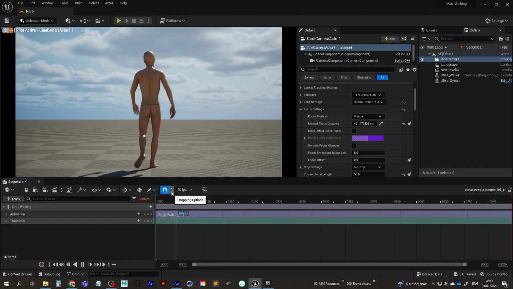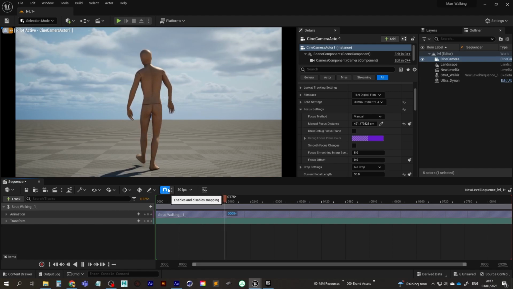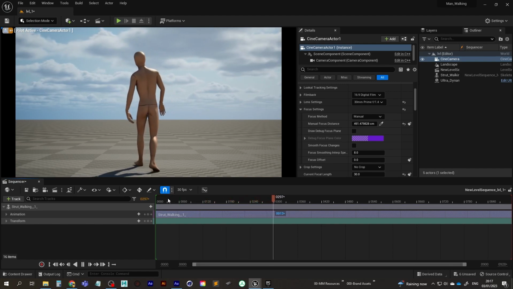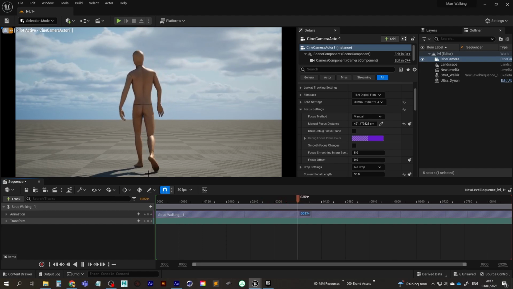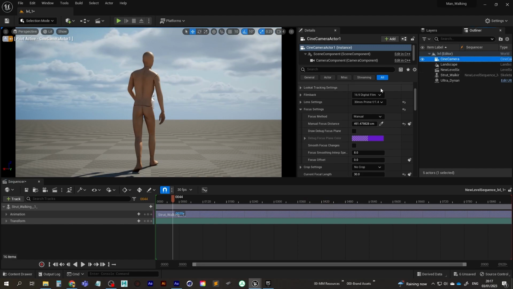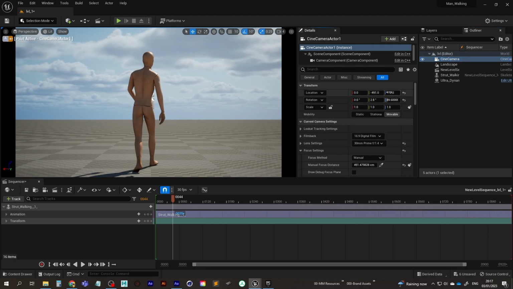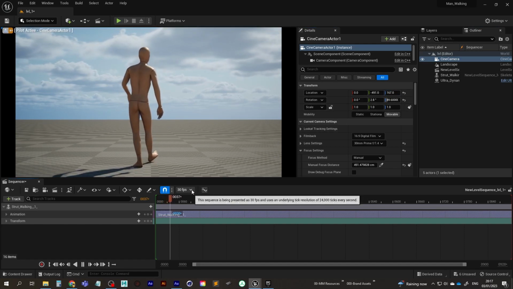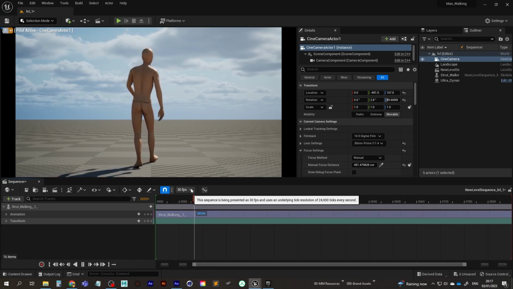So now you can see that he's in focus and he's walking. We might want to have a bit more space beneath his feet, or maybe not. I mean camera space, that is. But I think that's okay. We could just move the camera up just a little bit, up along the Z, or move it down along the Z, I should say. Something like that. Cool.